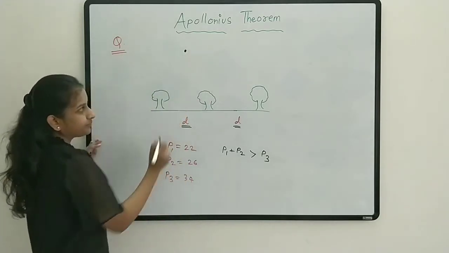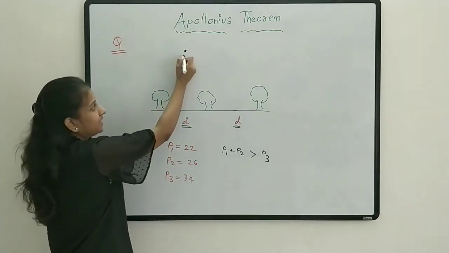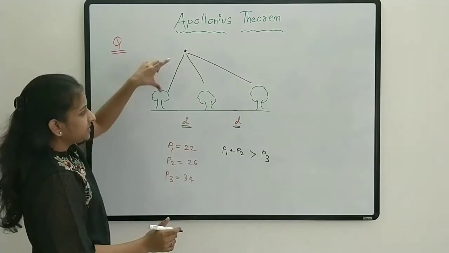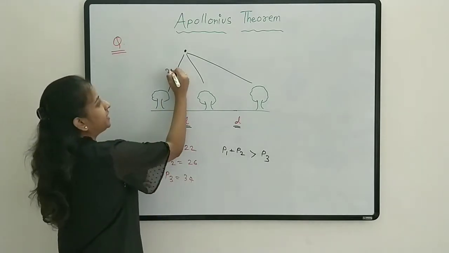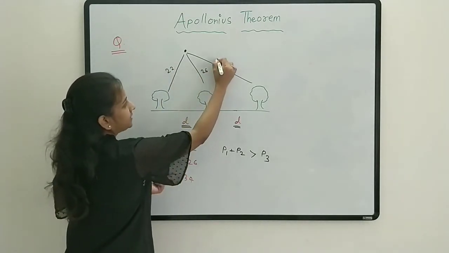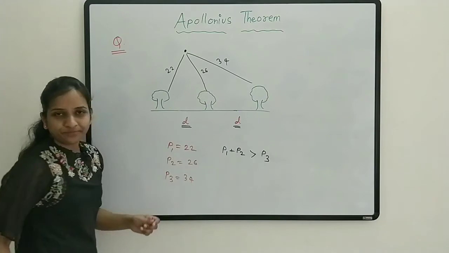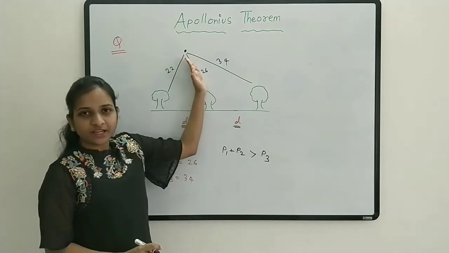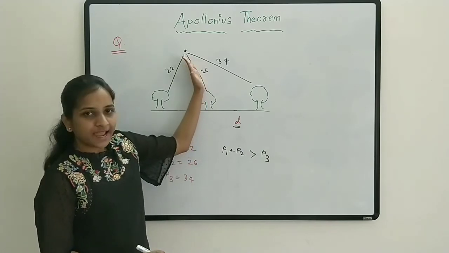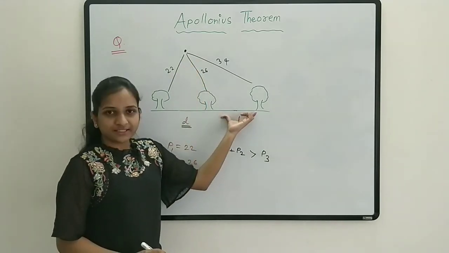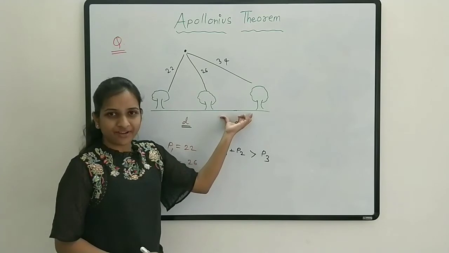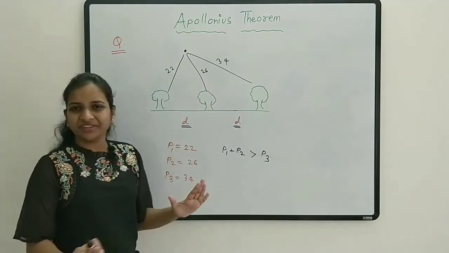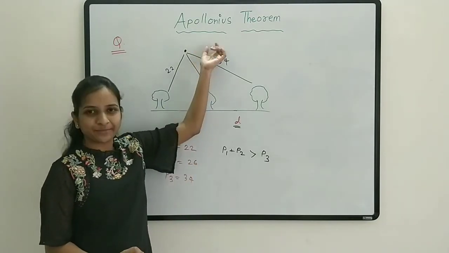Consider that it is here. And from that water supply, 3 pipes are there to water these 3 plants. And the lengths of these pipes are given: 22, 26 and 34. Now consider this as a triangle and this is the median of that triangle. This side divides the other side. This is equal to this. Fine. So this is the median. So let's apply Apollonius theorem here. Whenever we see a median, apply the Apollonius theorem.